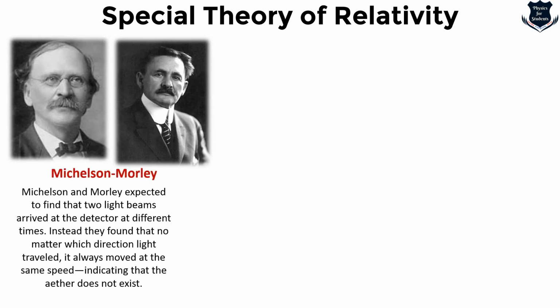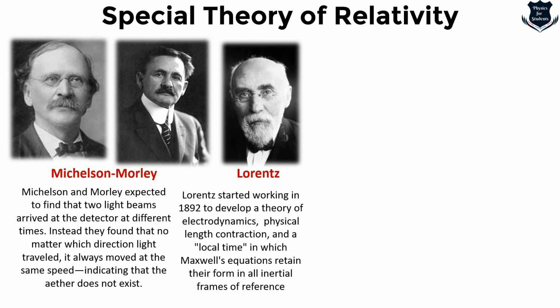Now the failure of any experiment to detect motion through the ether was actually developed first by Michelson and Morley. The Michelson-Morley experiment concerned two light beams which arrived at the detector, in order to find out whether there is an ether or not. It always moved in the same direction, indicating actually that there is no existence of ether. In 1892, Hendrik Lorentz developed the theory of electrodynamics based on an immobile luminiferous ether,